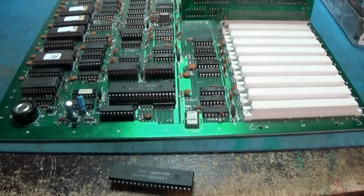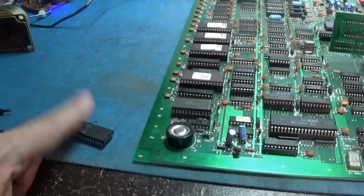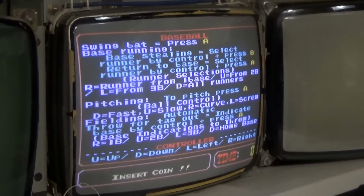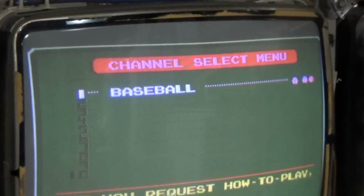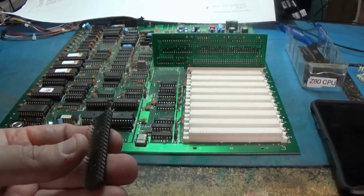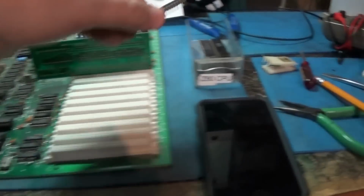Alright, something very interesting. This is the Z80 CPU that was in it. I put a different Z80 in it, and it cleared that garbage up. See that? I think it's just a bad Z80. This guy right here, I put this in there and it reset. I don't know if it was this or, I don't know, different speed or something. I don't know, but